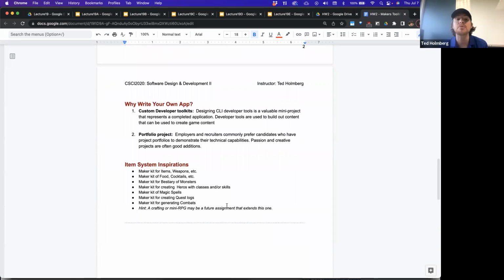The importance of why I think this is an important app, outside of it just being an academic project, is that it probably allows you to create your first custom developer toolkit. Designing command line interface developer tools is a valuable mini project that represents a completed application in and of itself. Once you learn how to create these command line tools, you can clearly build off of that to make bigger GUI-based tools. But command line tools are very powerful for developers because you can create tasks that you just go ahead and